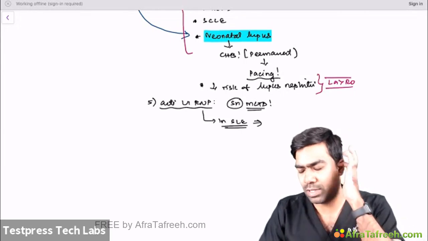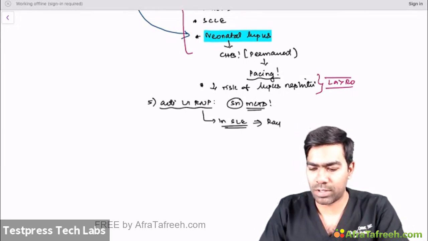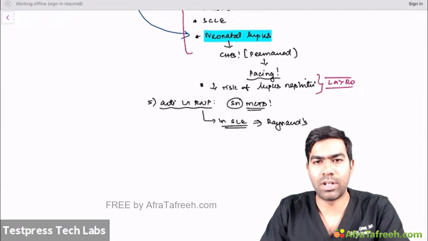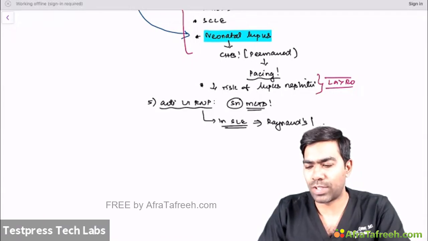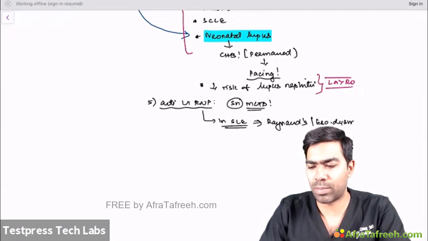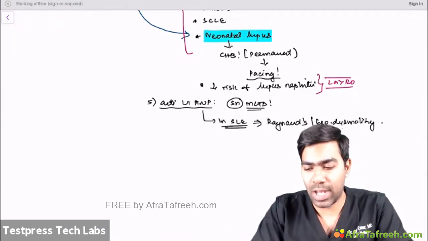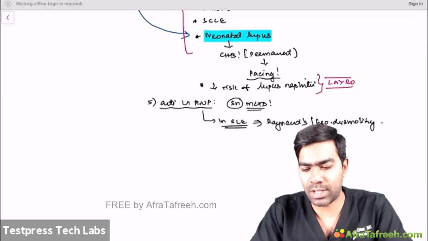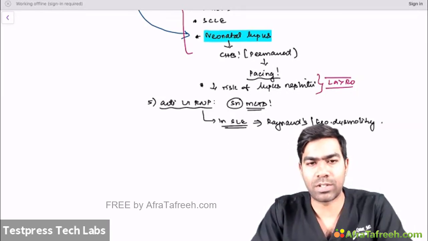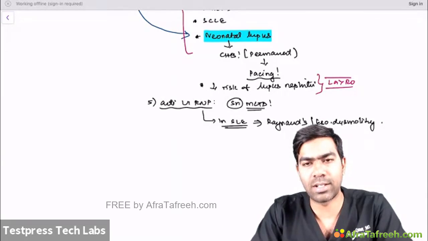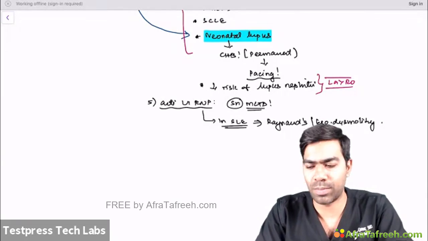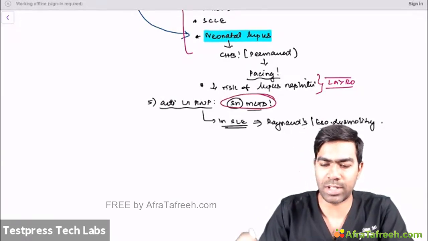it correlates with Raynaud's phenomenon. It correlates with Raynaud's phenomenon, and it also correlates with esophageal dysmotility that is seen in scleroderma. It correlates with esophageal dysmotility. Usually it happens in scleroderma, but if this antibody is present in SLE, that correlates with these two features. One is Raynaud's, and second is esophageal dysmotility, but it is actually quite sensitive for diagnosis of MCTD, mixed